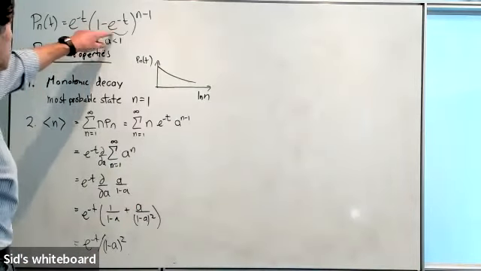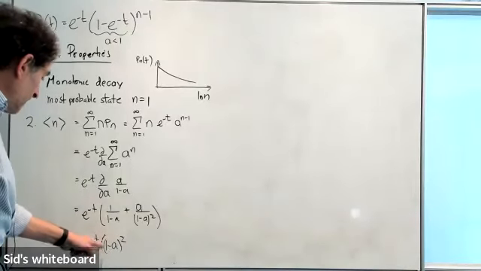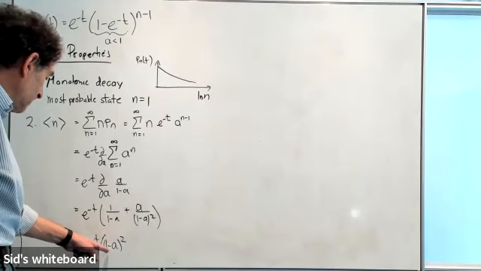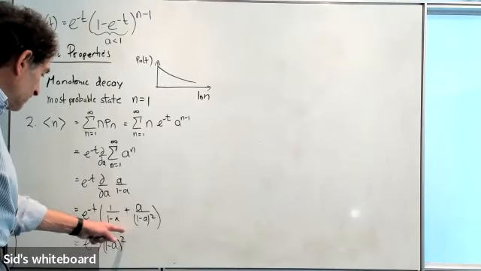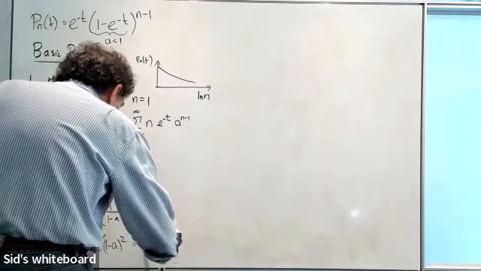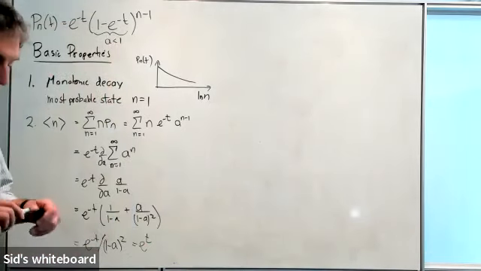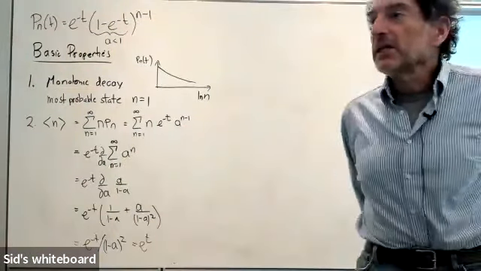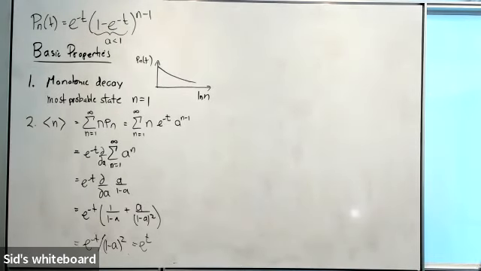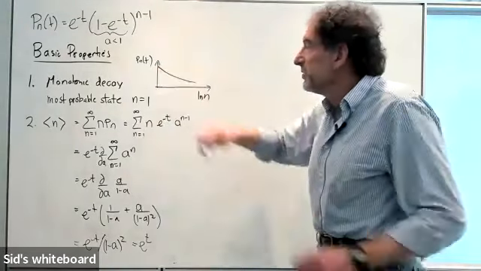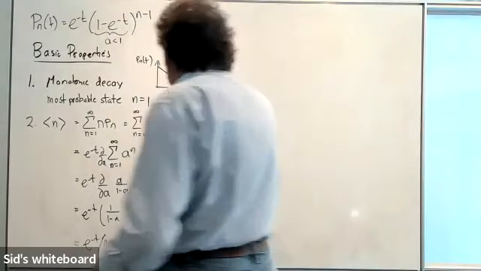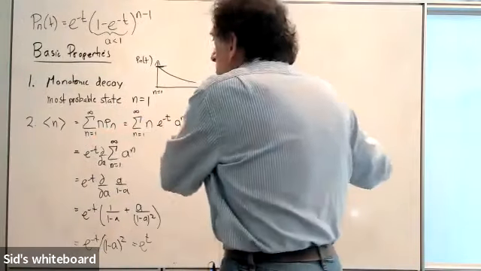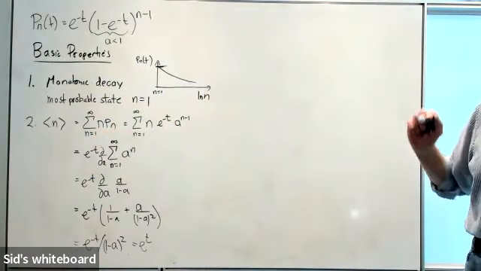But 1 minus a is just e to the minus t. So e to the minus t downstairs is e to the plus t upstairs, but there are 2 powers of it. So this is e to the plus t. So as advertised, we get what we expected from the very beginning, that the average number of particles is growing like e to the t. So even though the most probable event is n equals 1, the point is that this distribution is so broad that the average value is growing exponentially